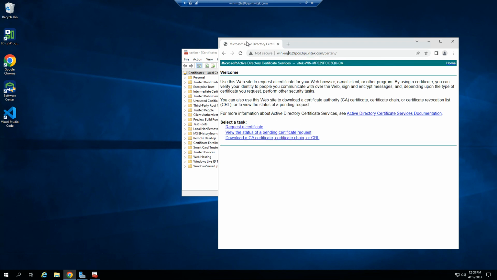So we could go to this web service. If you notice, this is the domain name for the certificate authority server, not the one where we're on right now. And from here, we could request a certificate. Before we do that, typically in the past, the Internet Information Services, which is the web service native to Windows servers, is where we would want to go